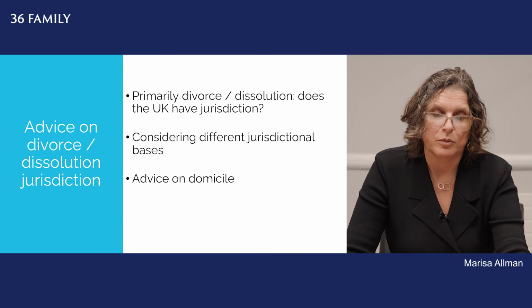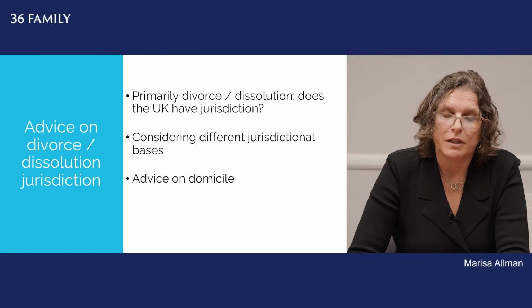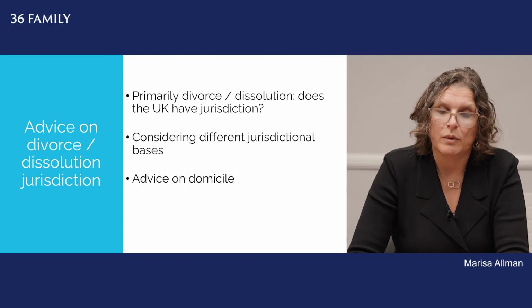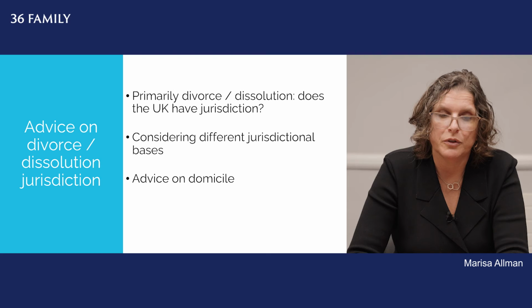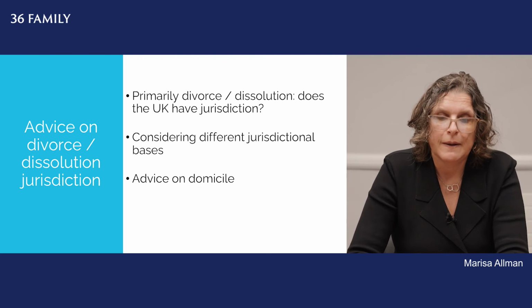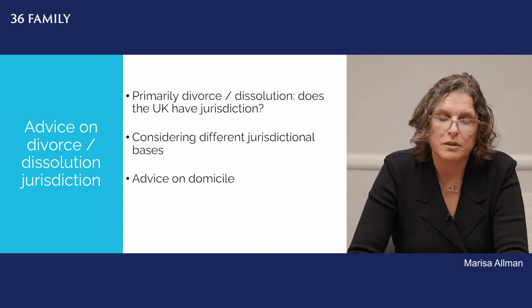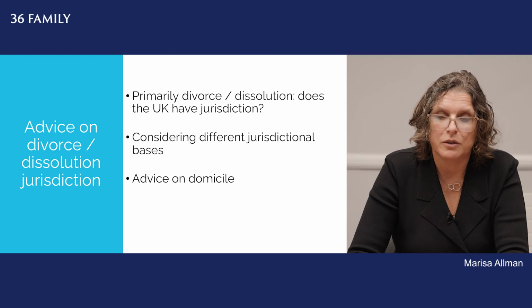Those are governed by the Domicile and Matrimonial Proceedings Act in England and Wales. And those are that both parties to the marriage are habitually resident in England and Wales, or they were last habitually resident in England and Wales and one of them continues to reside there. If the respondent is habitually resident in England and Wales, if there's a joint application, either of the parties is habitually resident in England and Wales, or if the applicant is habitually resident in England and Wales and has resided